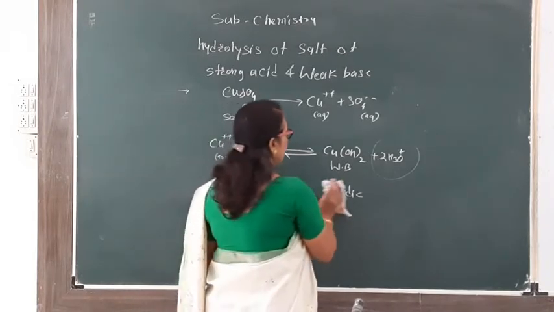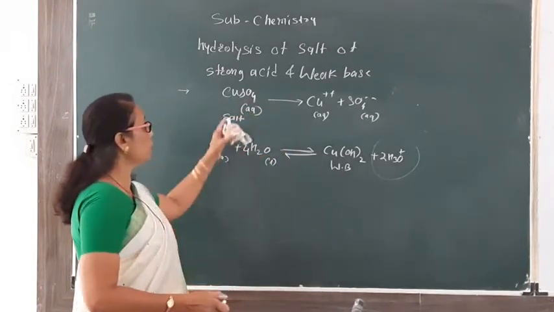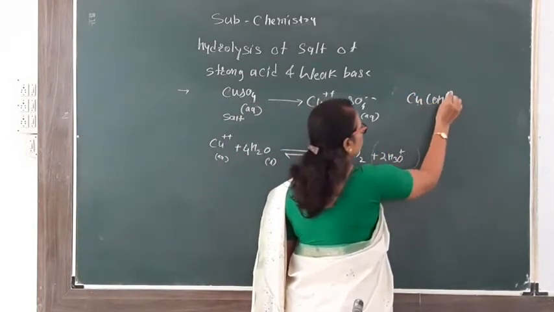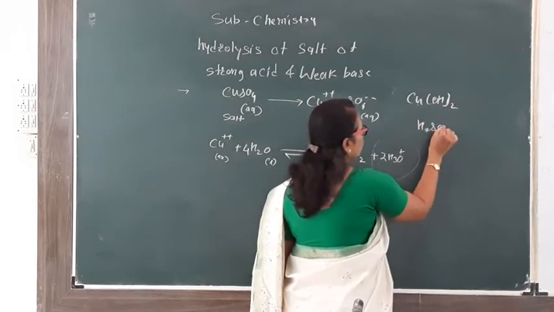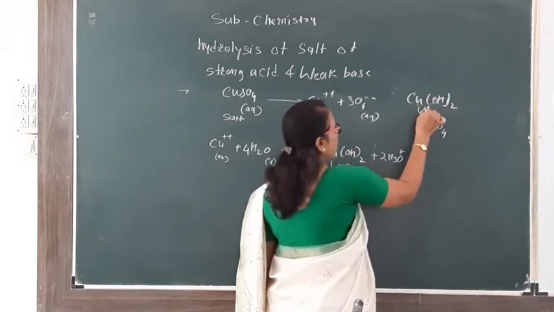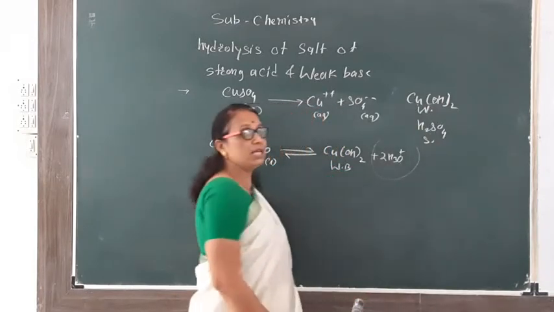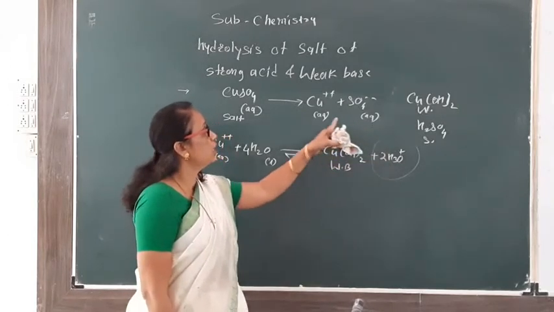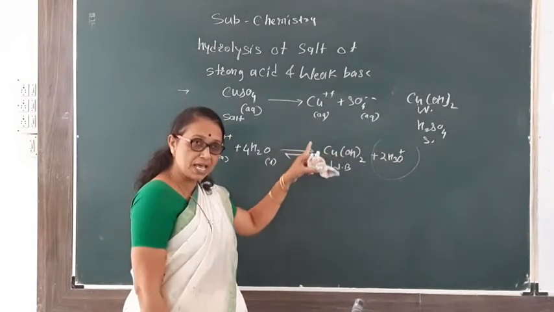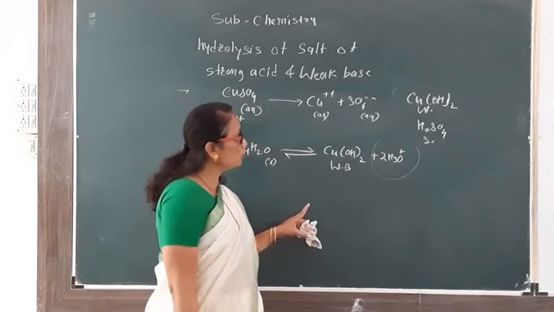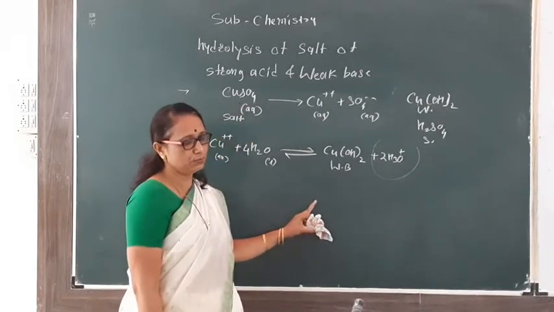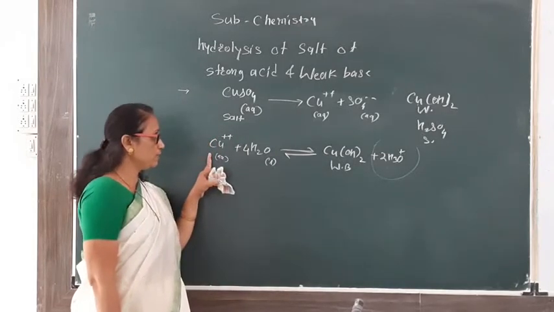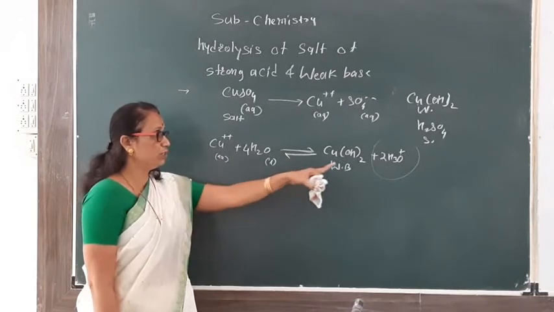आता इथं बघा, या CuSO4 मध्ये हा CuSO4 जो सॉल्ट आहे तो कशाचा आहे, वीक बेस Cu(OH)2 आणि स्ट्रॉंग ॲसिड H2SO4 चा. म्हणजे यामधला हा वीक आहे आणि हा स्ट्रॉंग आहे. यामधला जो स्ट्रॉंग असेल ते नेचर त्याच्या सोल्युशनला येतं. ॲसिड जर स्ट्रॉंग असेल तर सोल्युशनला ॲसिडचं नेचर येणार, म्हणजे ॲसिडिक येणार. जर बेस स्ट्रॉंग असेल तर सोल्युशनचं नेचर बेसिक येणार. Here the Cu plus plus ions react with the water and